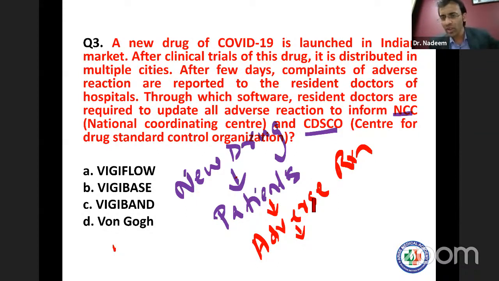So which doctor is supposed to write all these adverse reactions? Suppose the same drugs were distributed in multiple cities of India, like in Odisha, Manipur, UP, Bihar, New Delhi, Mumbai, anywhere. Because of that drug, the same adverse reaction is being reported by patients to every district medical college and hospital. So resident doctors are supposed to update these adverse reactions on a software. This kind of question is being framed these days related to software,